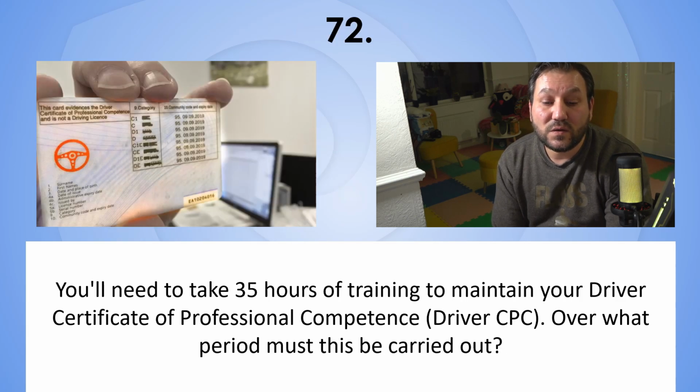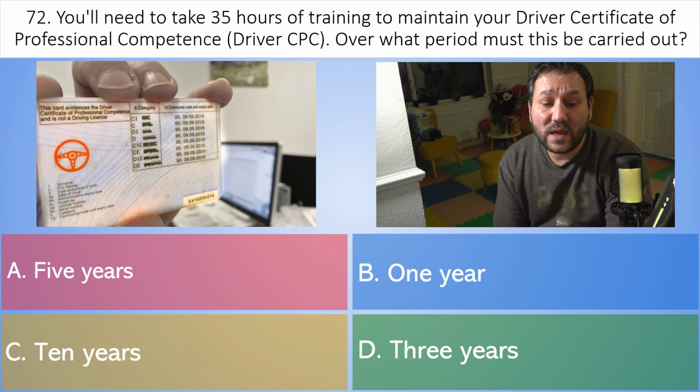72. You'll need to take 35 hours of training to maintain your Driver Certificate of Professional Competence, Driver CPC. Over what period must this be carried out? A. 5 years. B. 1 year. C. 10 years. Or D. 3 years. And the correct answer is